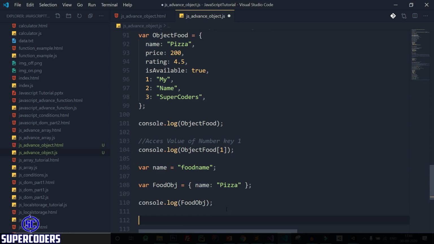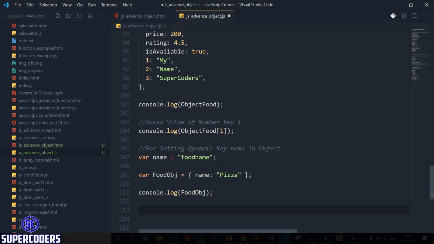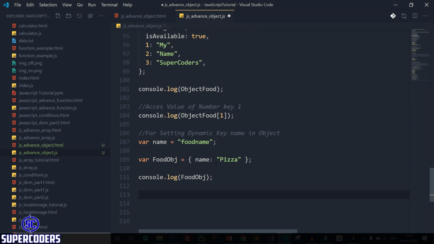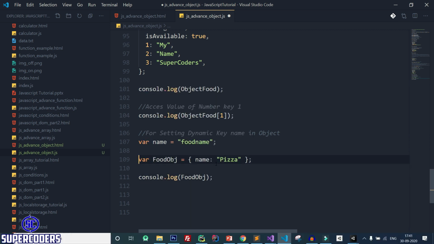If you want to use dynamic key name like this, so for setting dynamic key name in objects, you can use this way like this, food object, so copy it, paste it, and here you need to use square bracket, so it must be enclosed inside square bracket.